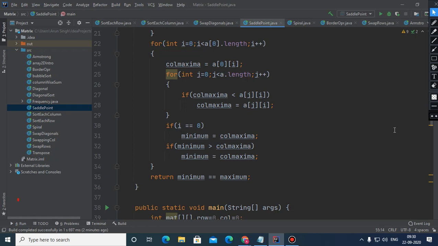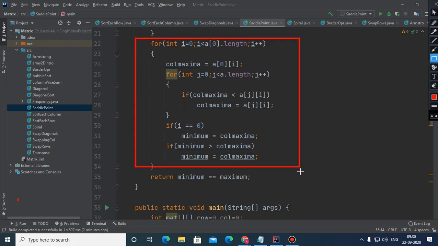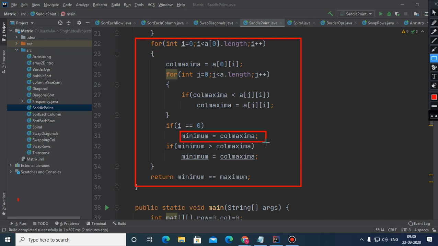Here, while I was traversing column-wise, beta, when i is 0, it means we have completed the traversal of the first column.